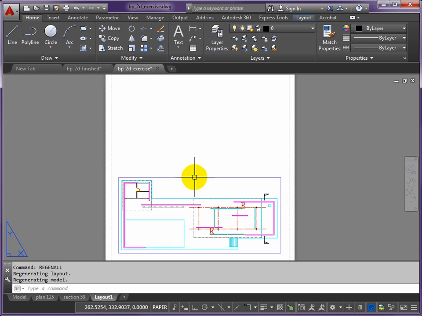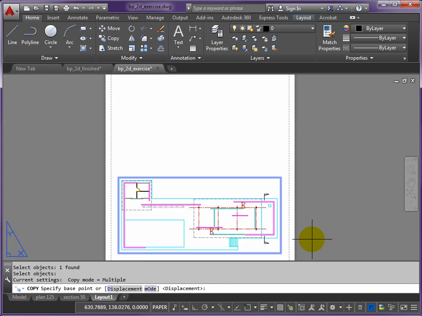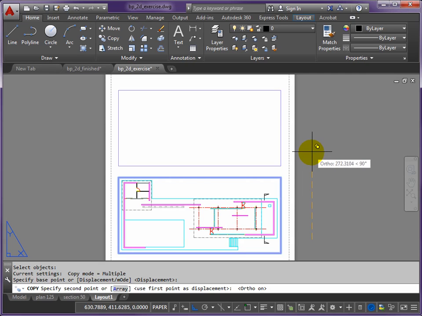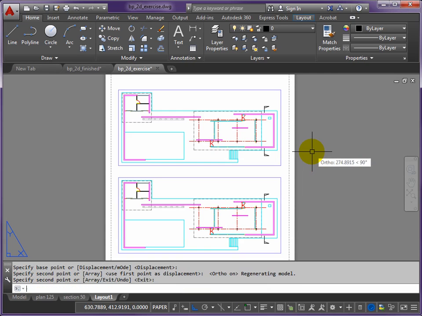Okay, now let's have a viewport sitting above that that's got the elevation in it. So we copy the viewport. Okay, so this doesn't duplicate the number of objects, it just makes an extra view of model space. So I'm copying, put ortho on so that the elevation is going to sit properly above the plan, so you can understand how the two go together. Okay, then we double click inside the upper viewport,